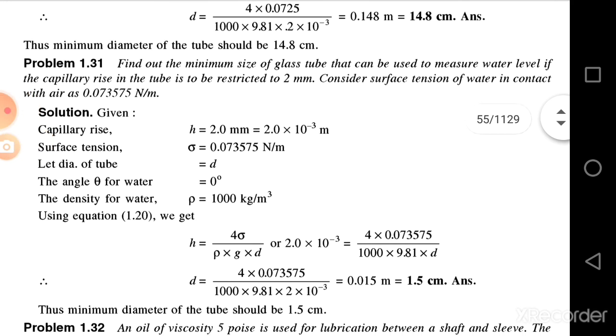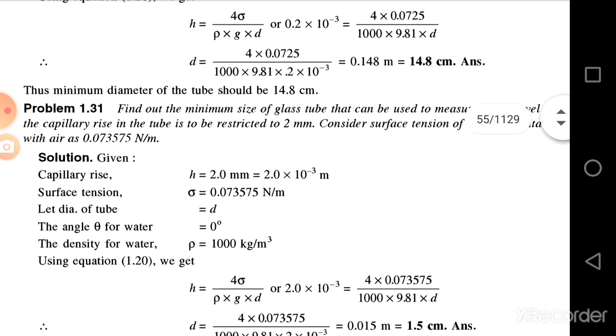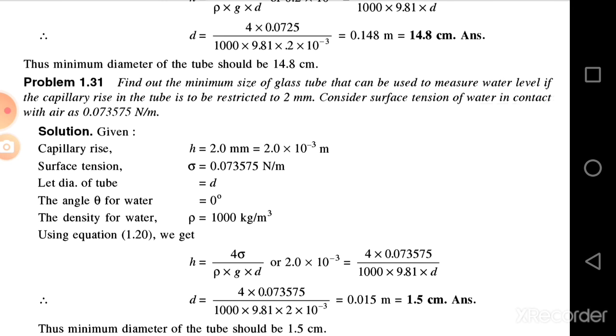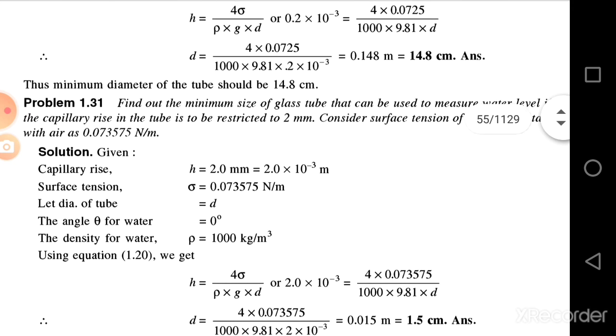Another simple problem. Determine the minimum size of glass tube that can be used to measure water level if the capillary rise in the tube is to be restricted to 2 millimeter. Consider surface tension of water in contact with air as 0.073575 Newton per meter. So capillary rise is 2 millimeter, sigma 0.073575 Newton per meter, diameter d, theta is 0 degree for water, rho 1000 kg per meter cube. Substitute in the expression h is equal to 4 sigma by gamma d, you get the diameter as 0.015 meter, that is 1.5